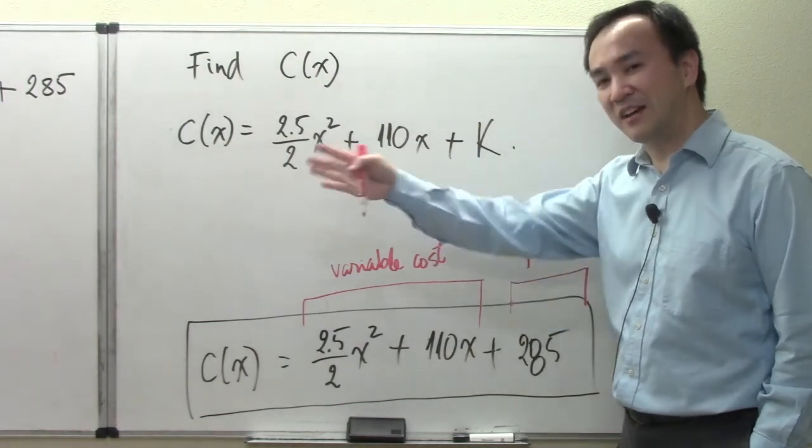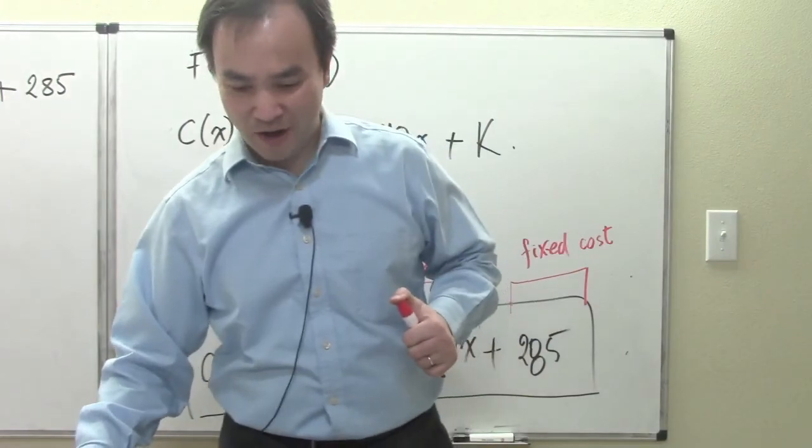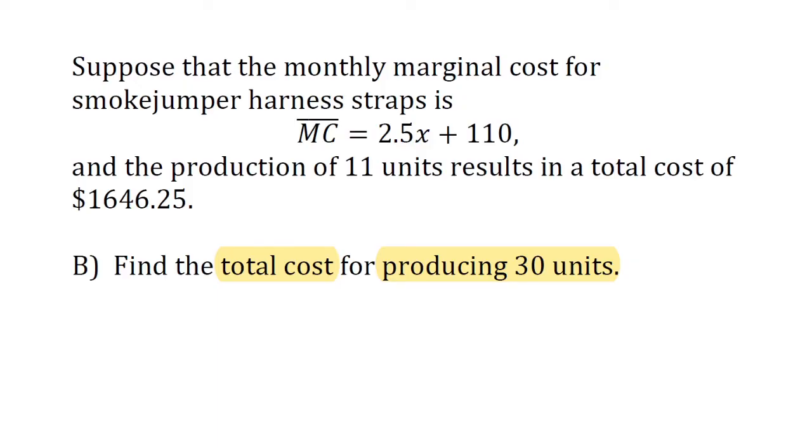at production level 11, for this problem, let me bring up the wording again. Back in the same description of the wording here, let's just read the wording of the beginning description. In the wording of our problem currently, it says at a production level of 11 units, or the production of 11 units results in a total cost of 1,646.25. But that's just the wording in this problem; for the exact same problem, some other time another author might word the problem as